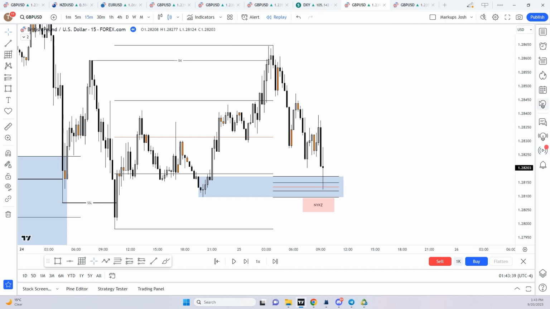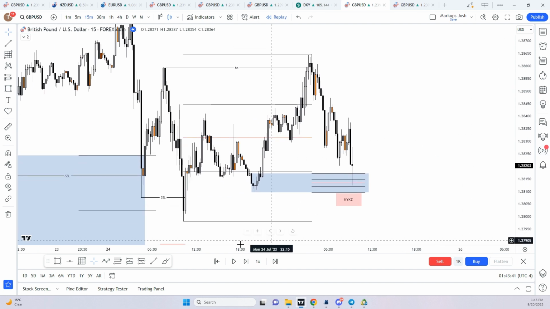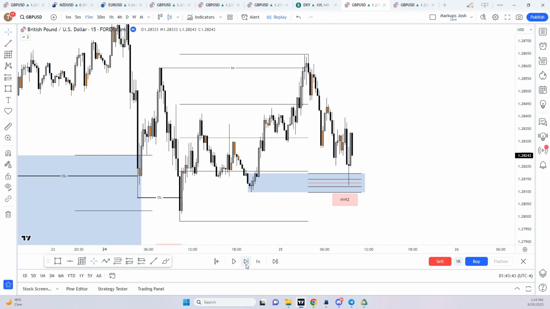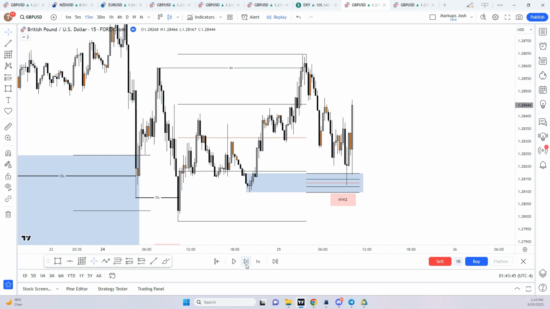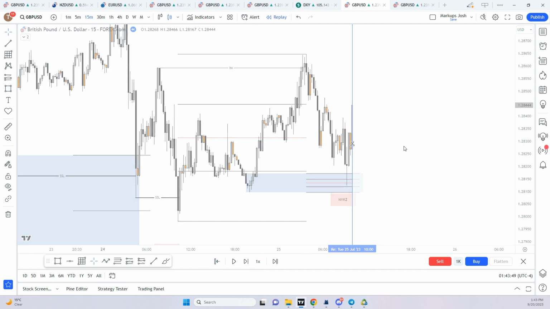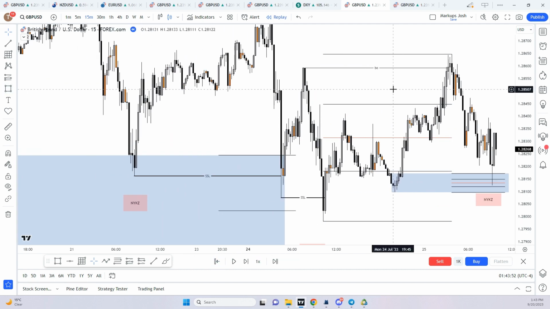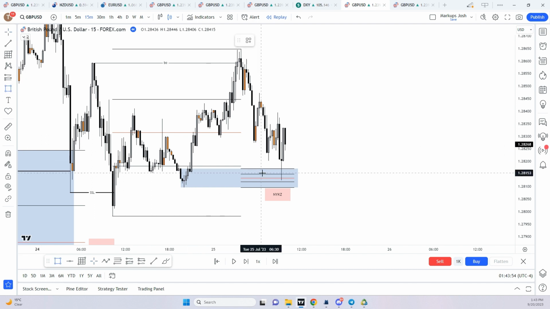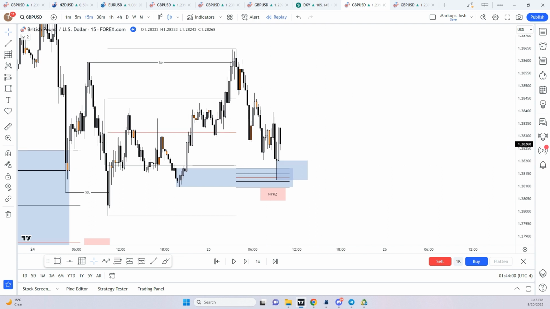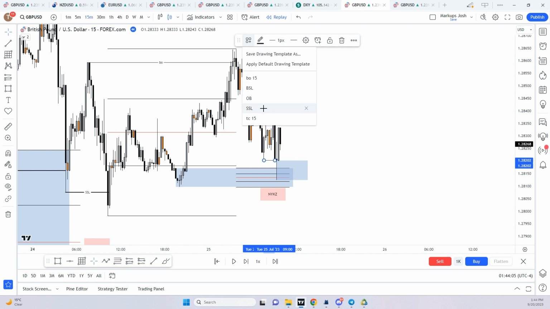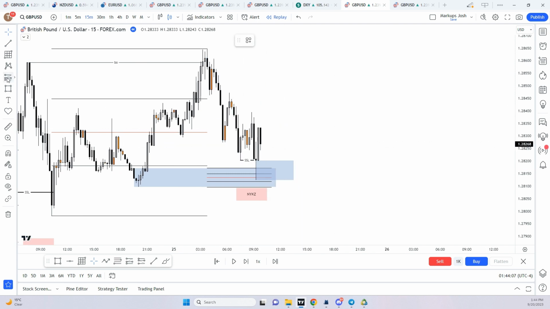Now the other is you can wait for a little bit more confirmation. So if I play price on a little bit further, you see here that has already gone. So let me take price back. We can reasonably assume that price will come down to retest this wick. It is a massive run on liquidity, as you can see. We do take out sell side liquidity here. So you could also then set a limit here on this wick